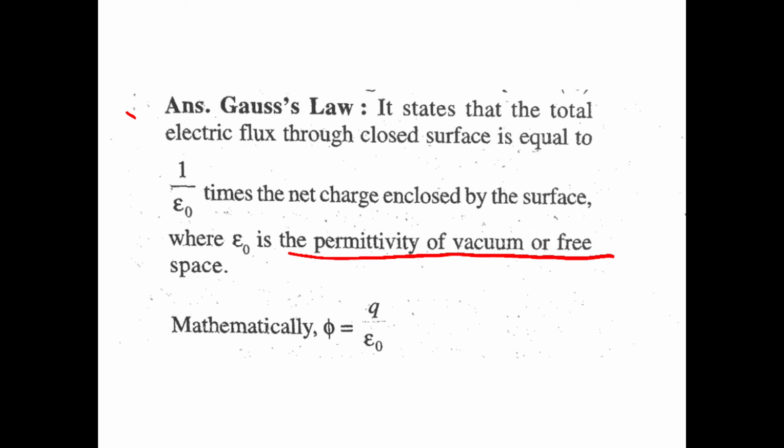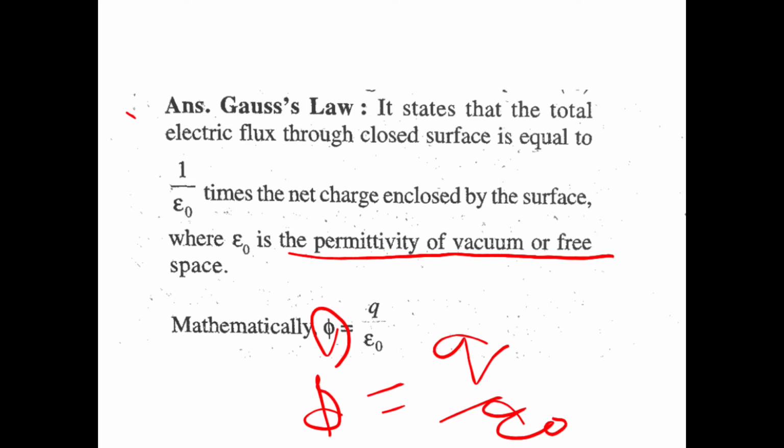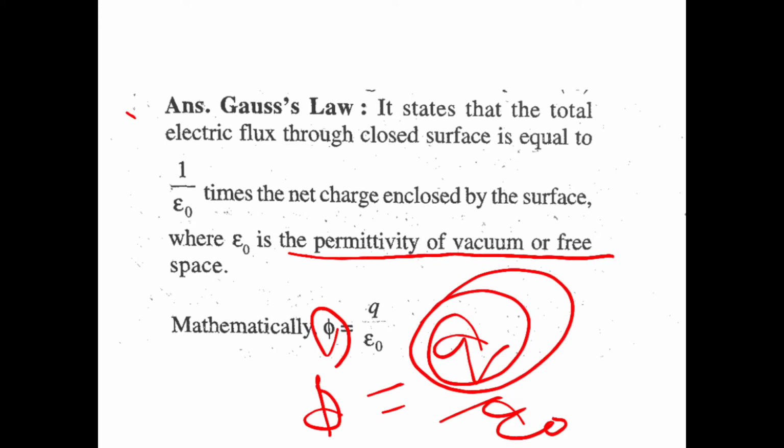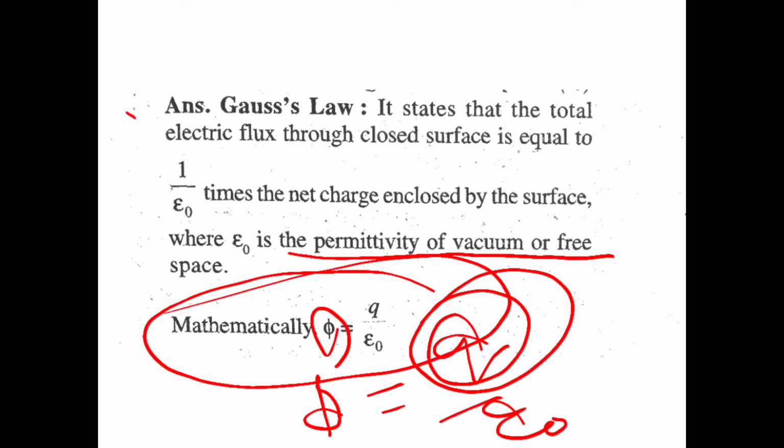We know that the total electric flux, that is phi, is equal to q by epsilon 0, or the total electric flux is equal to 1 by epsilon 0 times the net charge contained by the surface. Here q is the charge of the surface and the mathematical expression is phi, that is flux, is equal to q by epsilon 0. Next,